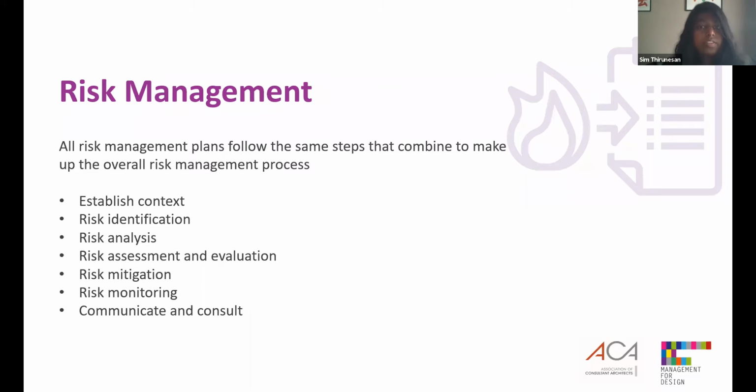Once specific types of risks are identified, the practice then determines the odds of them occurring, as well as their consequences. The goal of risk analysis is to further understand each specific instance of a risk and how it could influence the company's projects and its objectives. Then we move on to risk assessment and evaluation. The risk is then further evaluated after determining the risk's overall likelihood of occurrence combined with the overall consequence. The company can then make a decision on whether the risk is acceptable and whether the company is willing to take it on board based on its risk appetite.